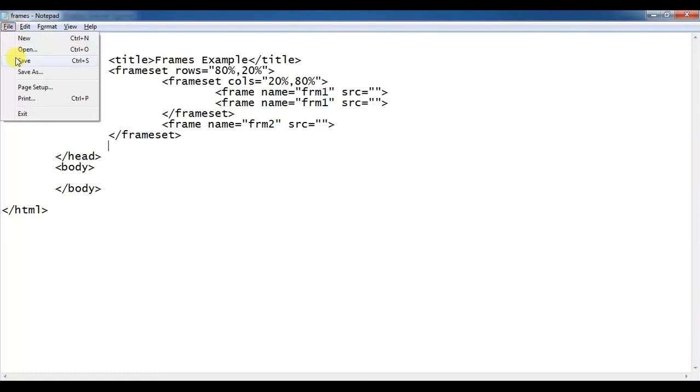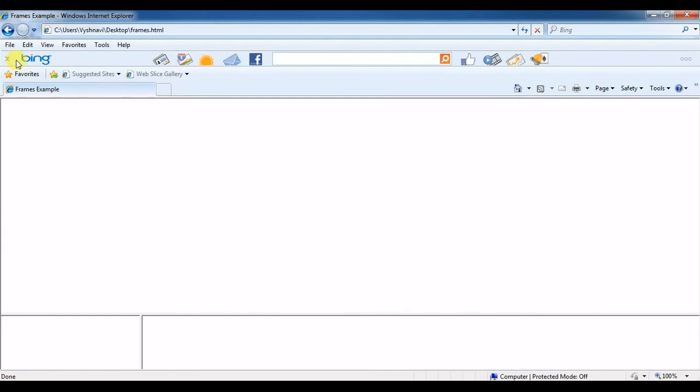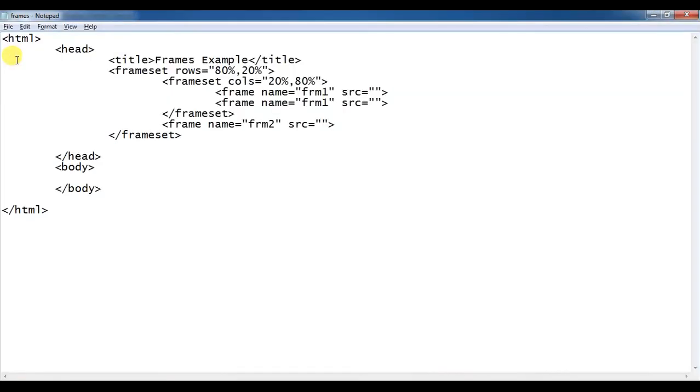go back, save the program, go to the web browser and click on a refresh button. Now you see, the intention of ours has been fulfilled. Like this, you can implement the concept of frames in order to organize your web page content properly. The only thing you need to observe is how to make the partitions, where to specify the code in order to have the required output. Thank you.